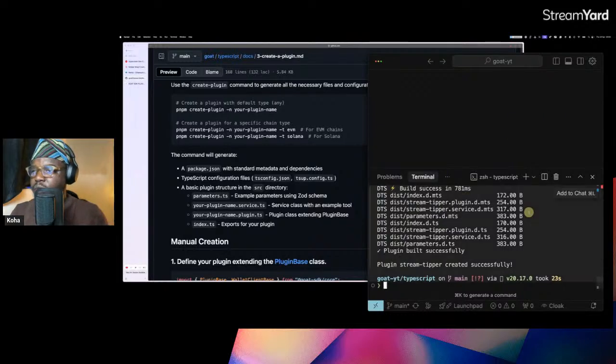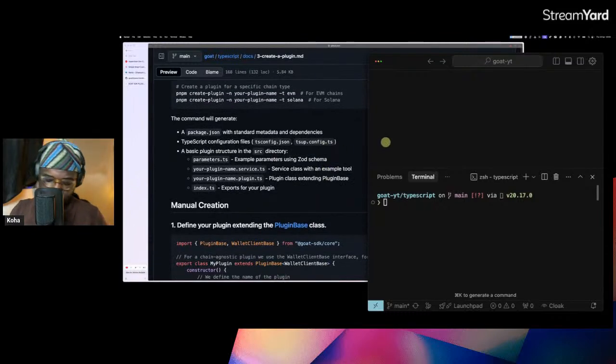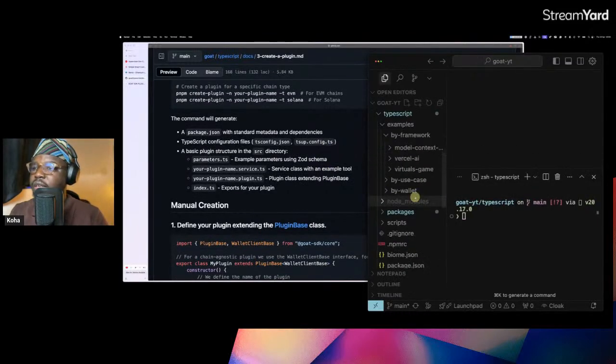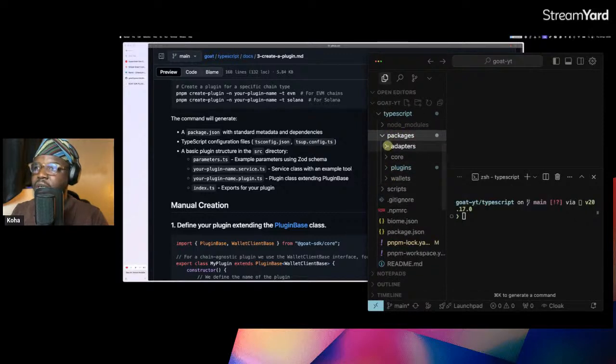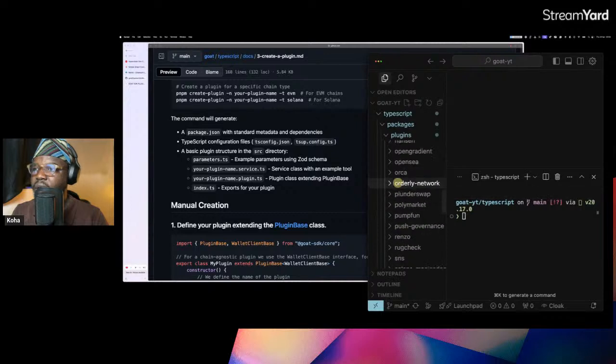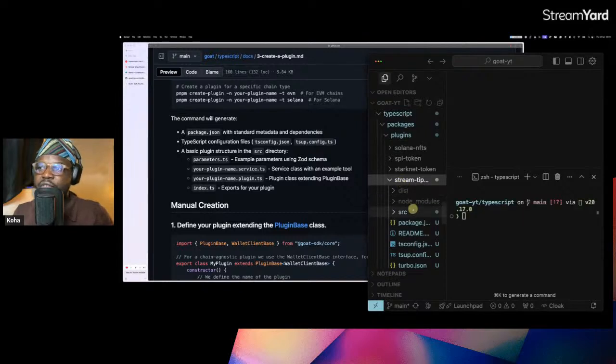All right, so that seems to work well. That is scaffolded. We can clear that. So what did that do? That generated a new something inside the plugin package. Then we'll see our new Stream Deeper. So ideally, you would have gone to this place and created these things